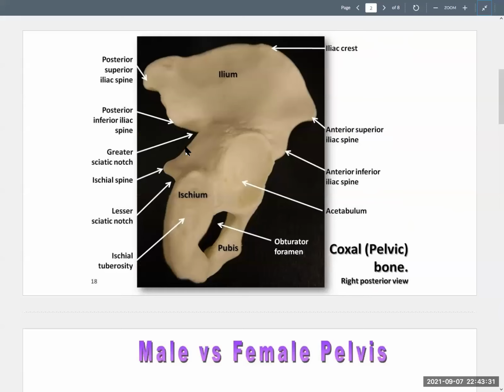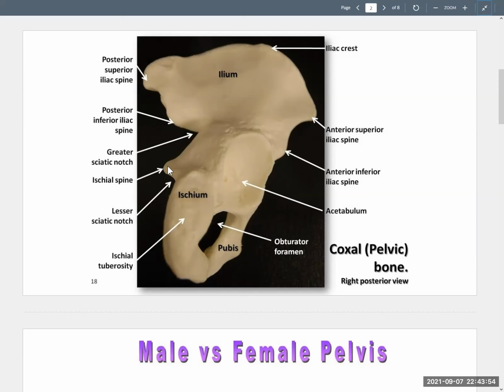That's the greater sciatic notch. If you put your finger in the greater sciatic notch, through which the sciatic nerve does run, and come around, you come to a point. This is the ischial spine,